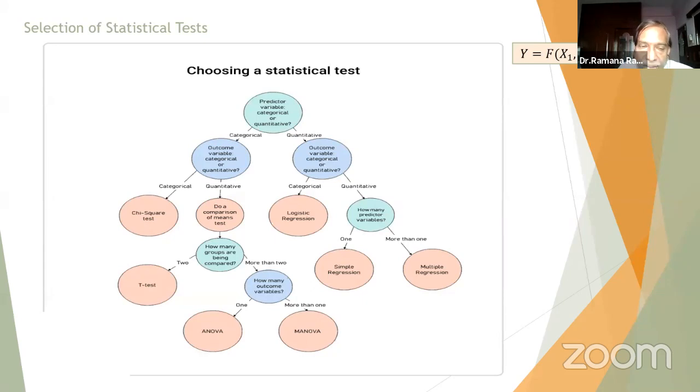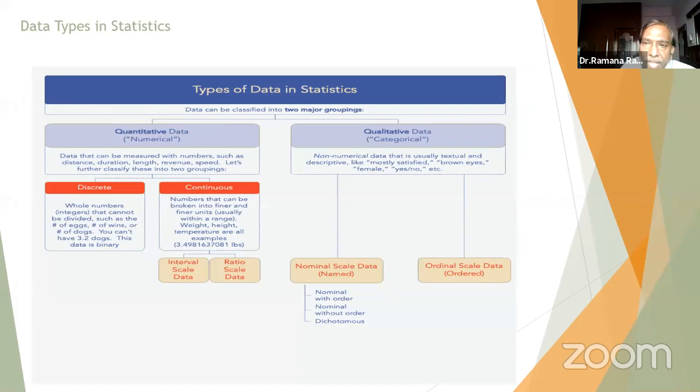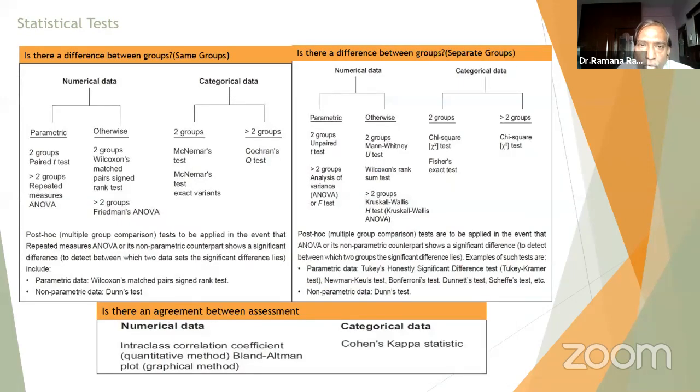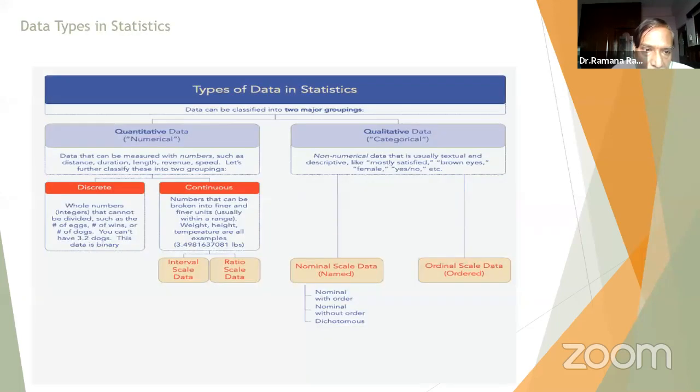So I have earlier given you what all the tests are, and I have also given the types of data. But if they have to marry together, you should have a process. The process is what I mentioned here. If the predictor variable could be categorical or quantitative, meaning discrete or continuous, numbered or non-numbered, I'll put it that way.